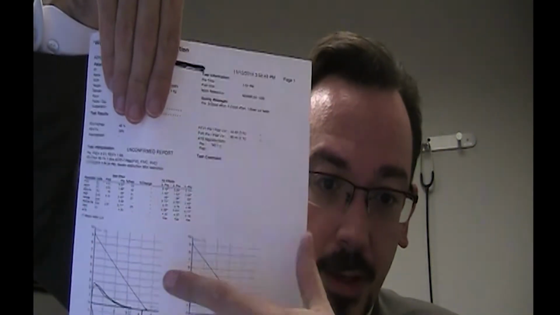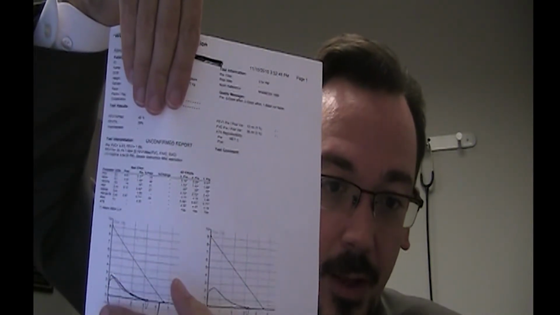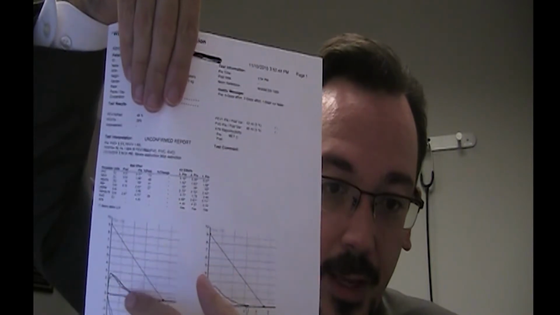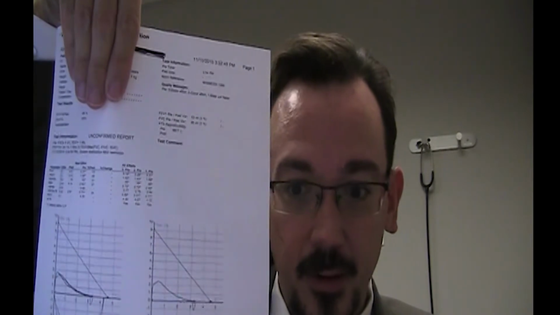You blow through the tube and you get this graph here where you see this person was able to blow out, and then you get a lot out in that first second or so, and then it tails off a lot, and then eventually you can inhale. And this is one of my actual COPD patients. That's why I'm holding it kind of funny so you can't see any of their identifying information. But this is a very classic sign, or classic spirogram we call it, for COPD.